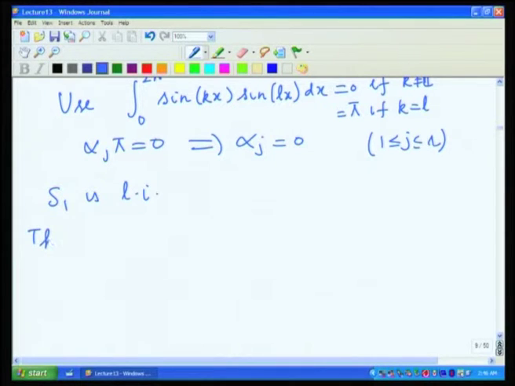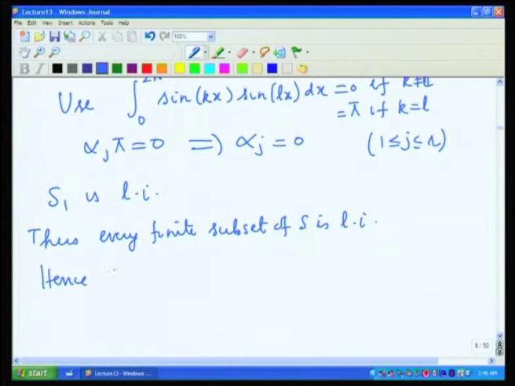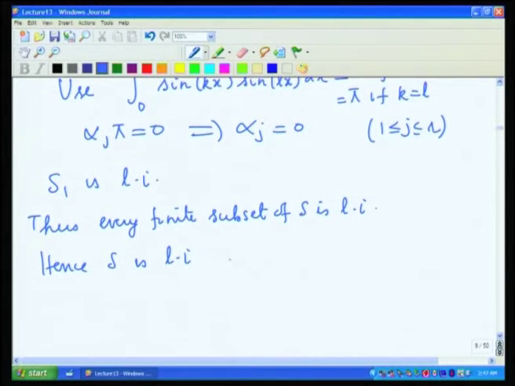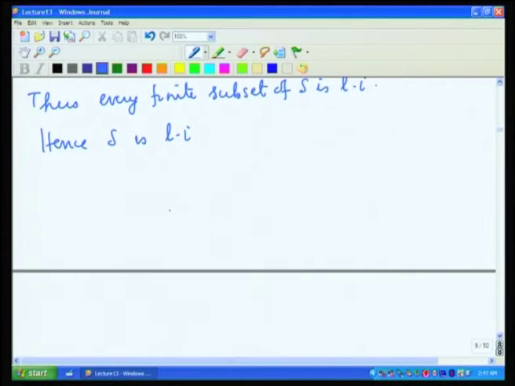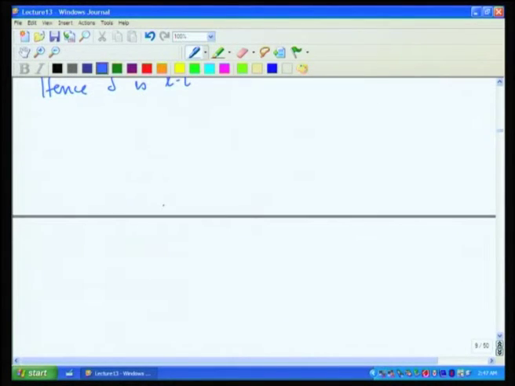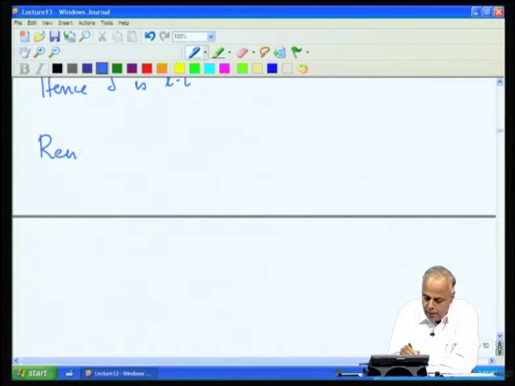Thus every finite subset of S is linearly independent, hence S is linearly independent. So the notion of linear independence on infinite sets comes from the fact that every finite subset of S must be linearly independent. So, an immediate remark